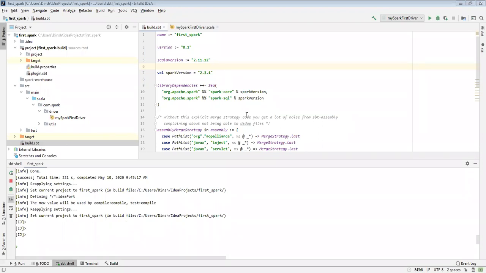Okay. So first of all, I'll come back to how to create a project in IntelliJ. In the last session we discussed how to create a project in IntelliJ. When we create a project, we have a dependency repository. What does dependency repository mean? For example, in this project I'm going to use Spark. In this project I'm going to use MySQL.